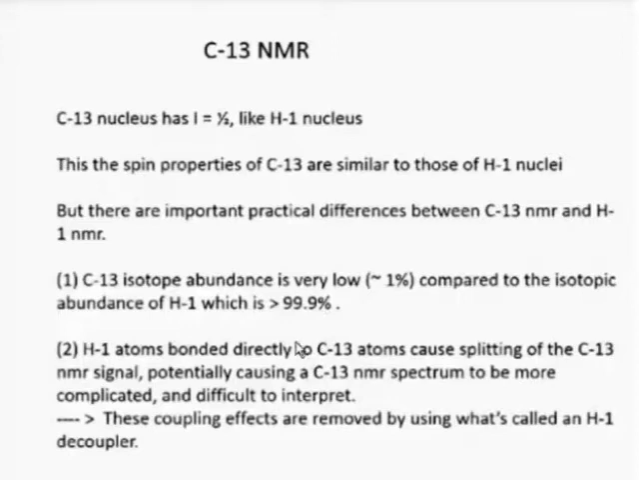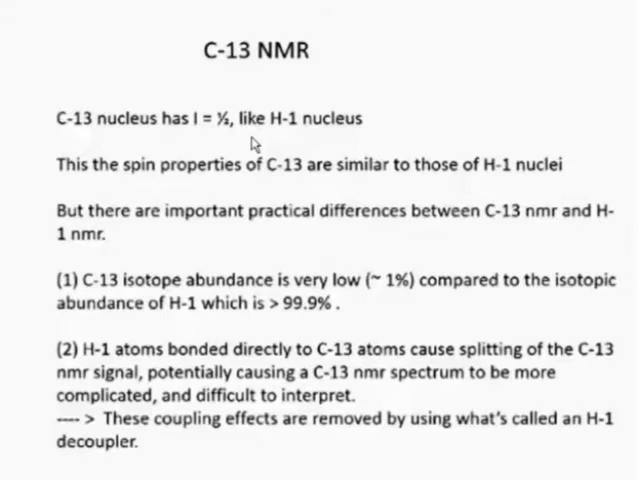I now want to discuss carbon-13 NMR. C13 NMR is similar to proton NMR, but there are some important practical differences. The C13 nucleus is like the proton, the H1 nucleus, in that its magnetic quantum number I is 1/2. This means that, like a proton, the C13 nucleus spins in two possible directions, and consequently it produces NMR signals analogous